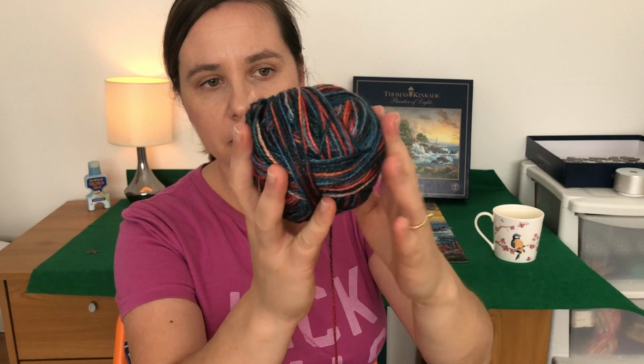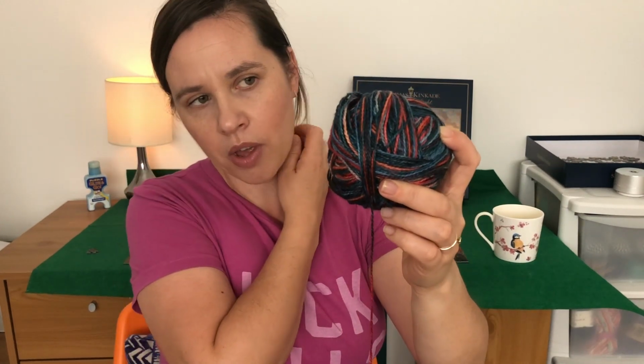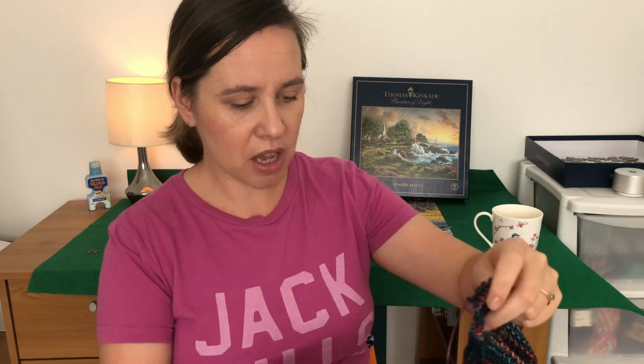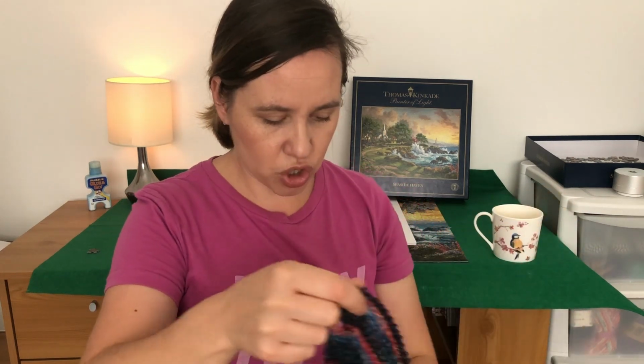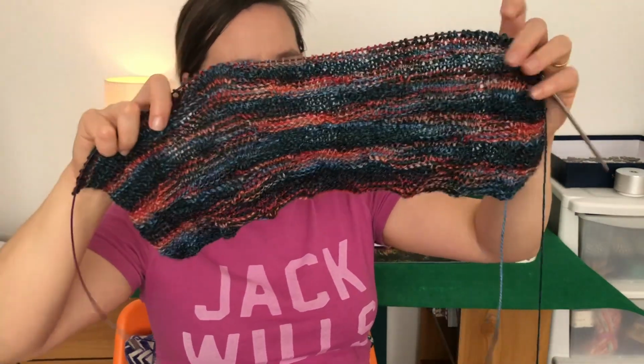It's from my knit crate, and if you want to see the unboxing for this, I will link it down below. I'm really happy with this yarn. It's quite soft, and this is what I've done so far. I like the pattern. I'm doing the beginner's pattern because I was more keen on having a shawl than a hat and gloves. But this is what I've done so far,